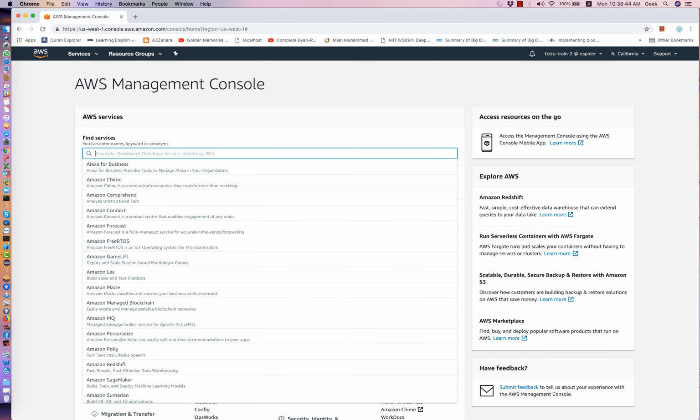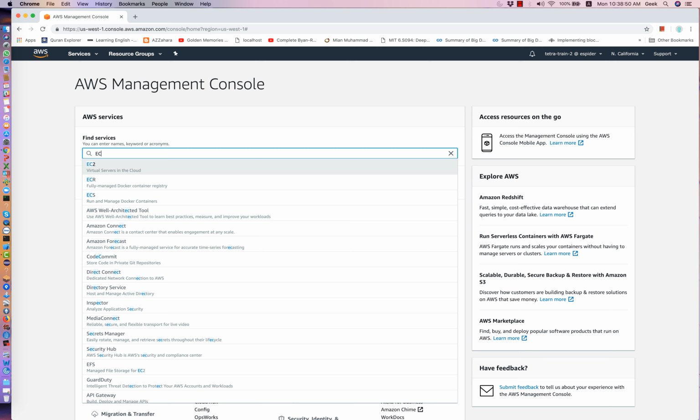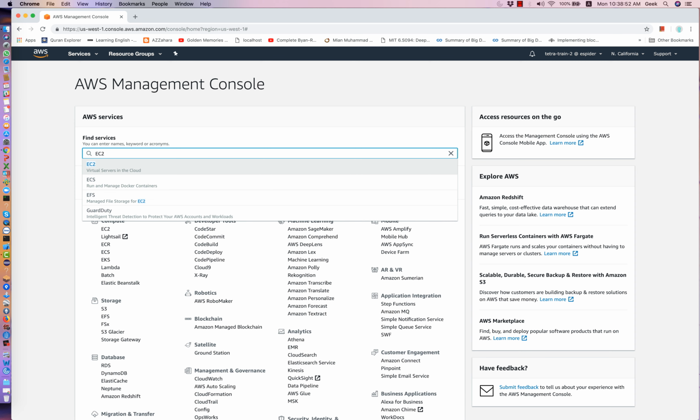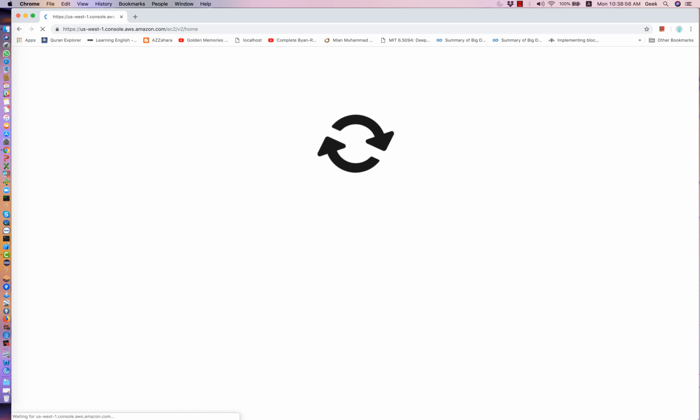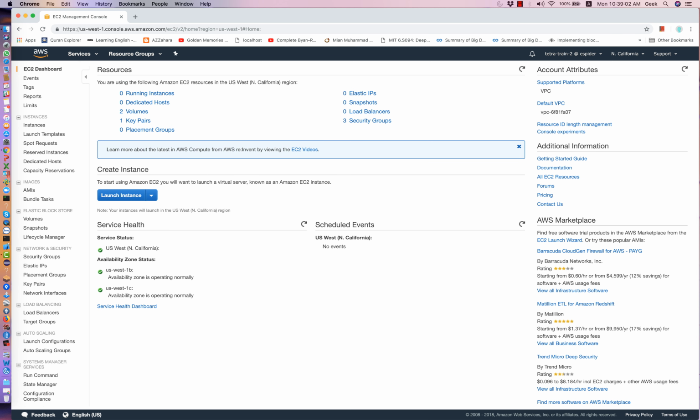Here you just need to type EC2, that is the virtual server in the cloud. So select the EC2 instance from here, and now we need to